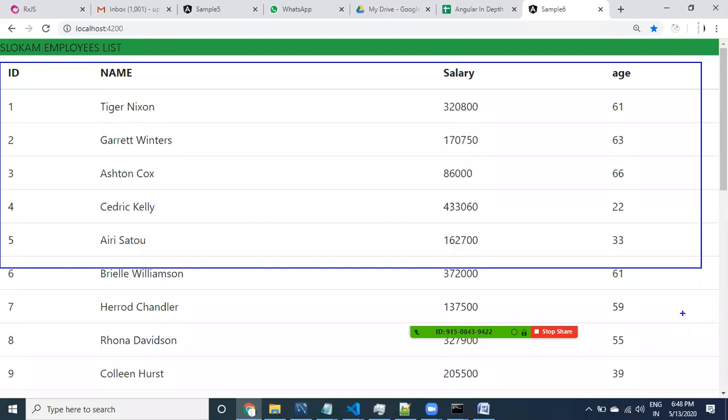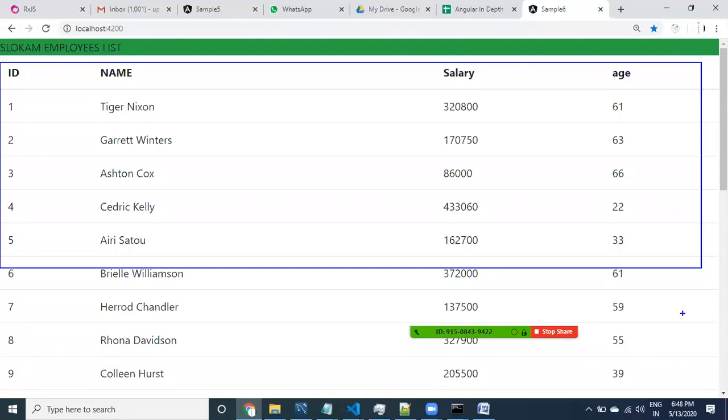But now we need a mechanism, which can be called decoupling. If you decouple the data, you can reuse this component for multiple purposes. This component can display only IT department employees, and the same component can display HR department employees.